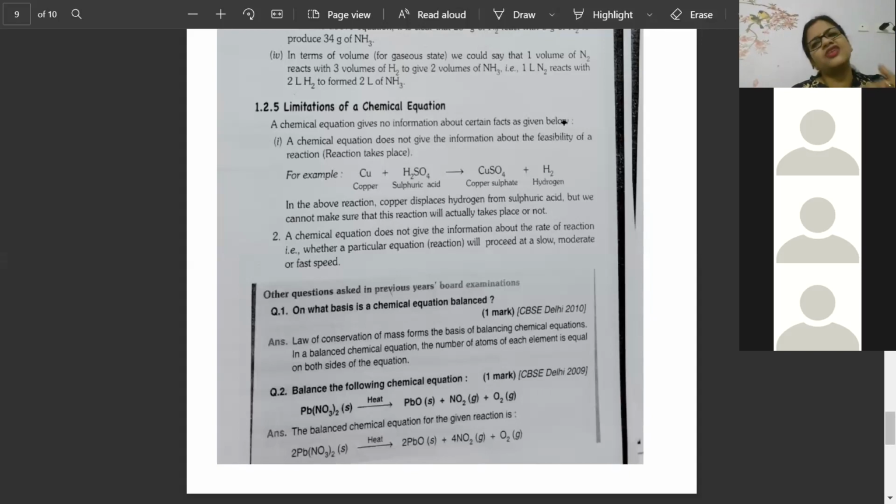So rate of reaction means what? How fast or how slow a reaction is. Like, I will make a bridge and I expect the bridge to collapse due to rusting. Will it be a fast process or a slow process? Rusting of a bridge, fast or slow? Slow. But in a reaction, have you ever seen it written that the reaction is slow? No, they are not telling about the feasibility of the reaction.